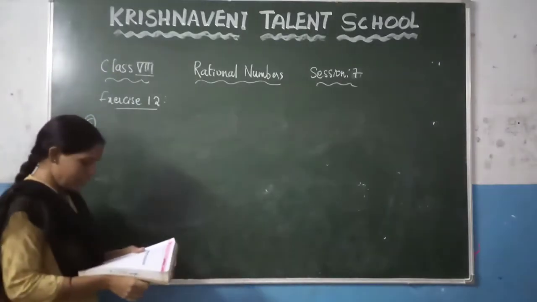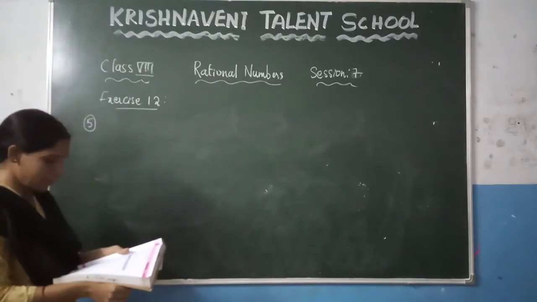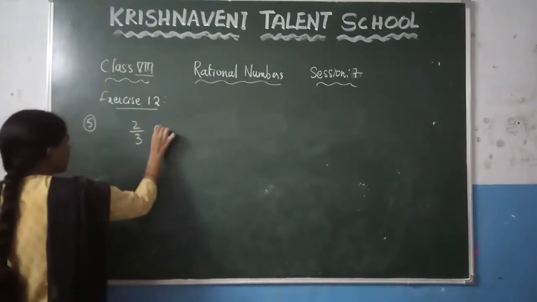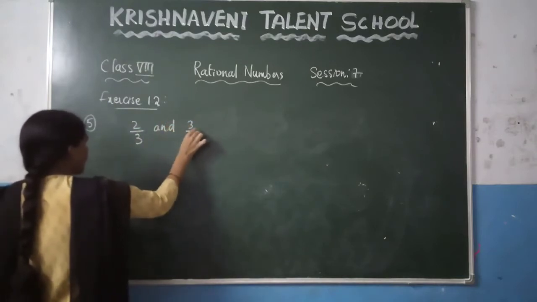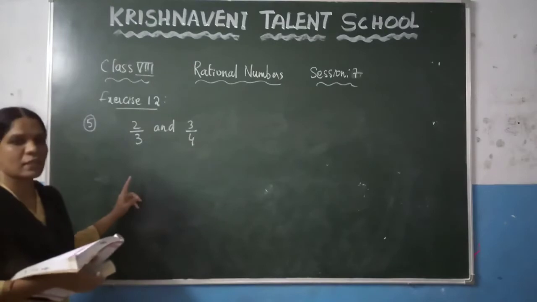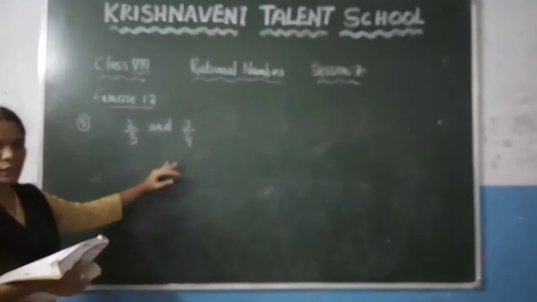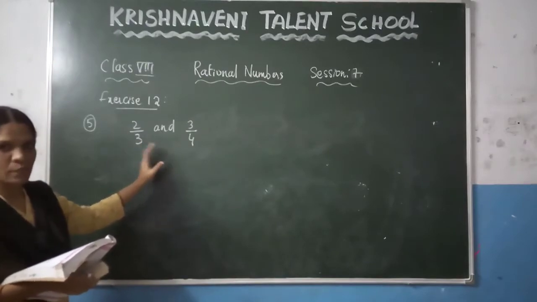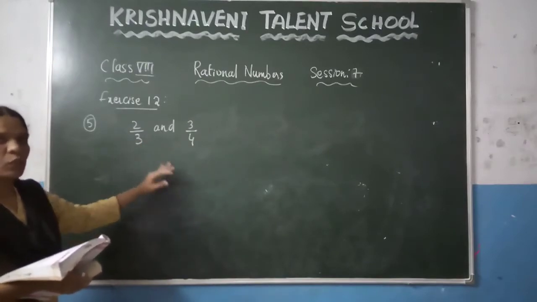Here, find a rational number between 2 by 3 and 3 by 4. You need to find a rational number between 2 by 3 and 3 by 4. Here they ask you to find only one rational number that lies between 2 by 3 and 3 by 4. If you want to find a rational number that lies between these two numbers, you need to make the